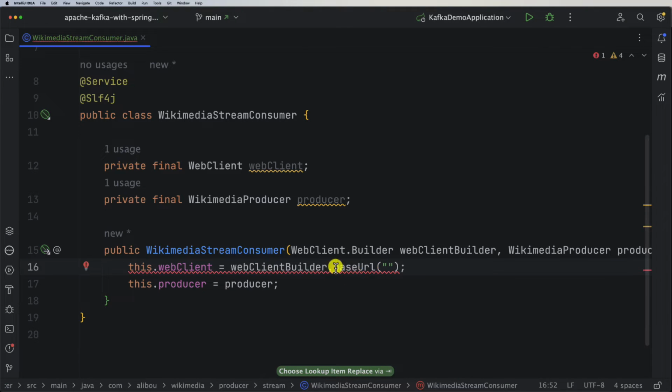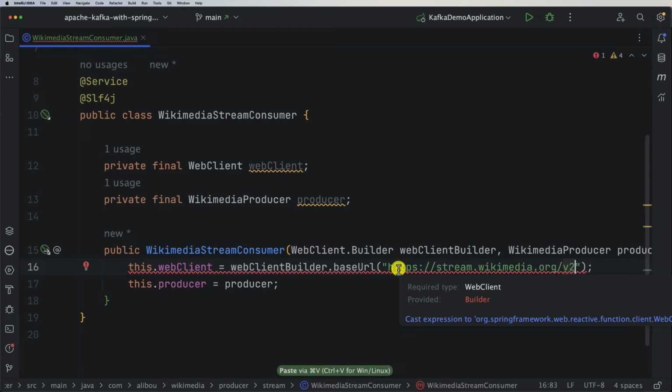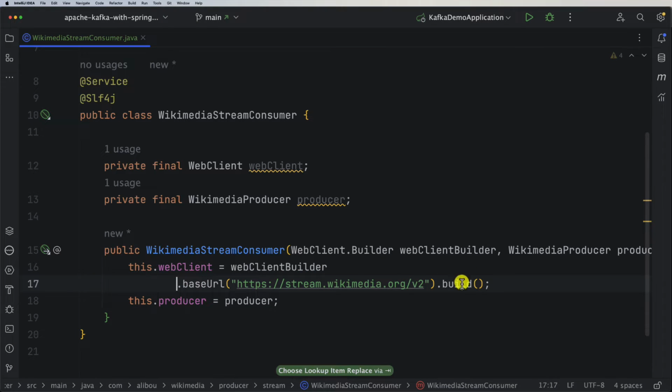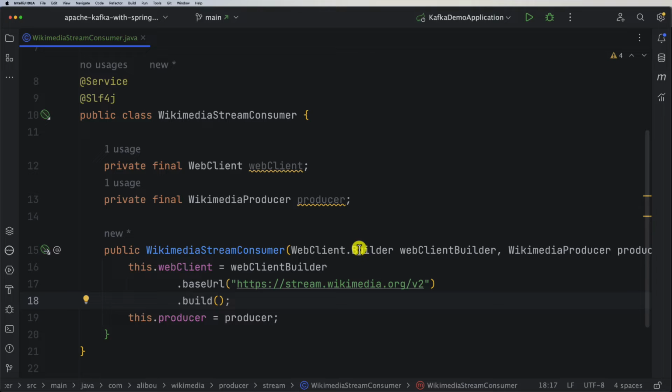So we need to set our base URL, which for us is stream.wikimedia.org/v2. And then we need to call, of course, the build method. Let me maybe break this down so you can see everything at a glance. So this is how we can configure our web client object.